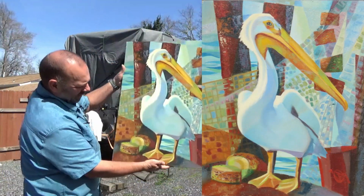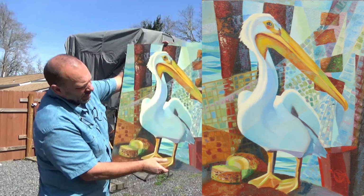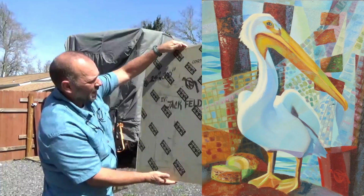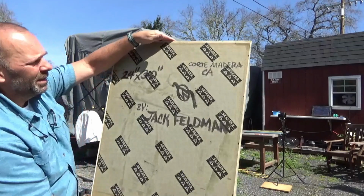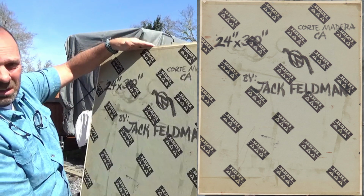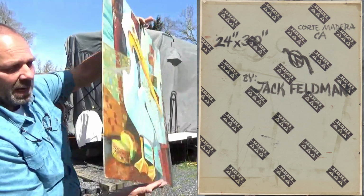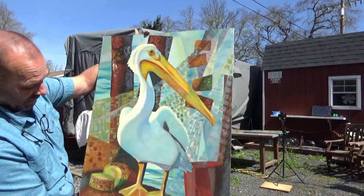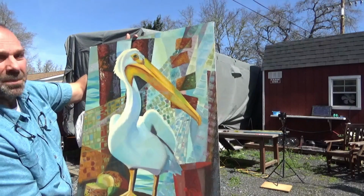So this is one of Dad's bird series. This is back in the 1960s. He put his new logo down here in the bottom, but this is from the 1960s. It's on panel, and it's a 24 by 30 by Jack Feldman. You can see, right, with his logo, Corte Madera, California. So Corte Madera, we were only there in the 60s and 70s. So this is 60s and 70s vintage time frame. I'm thinking might be 70s because, I don't know. I'll have to ask him. But anyway,